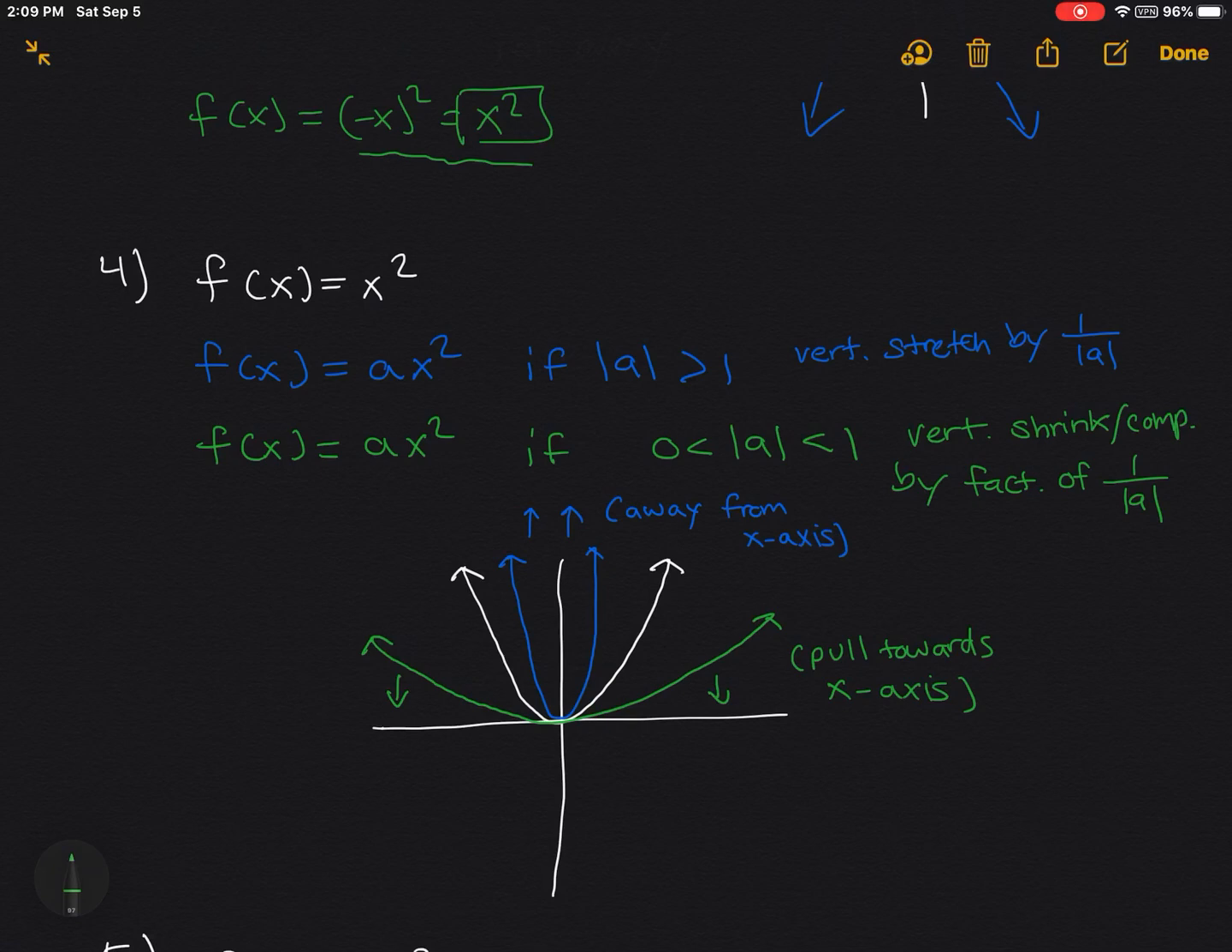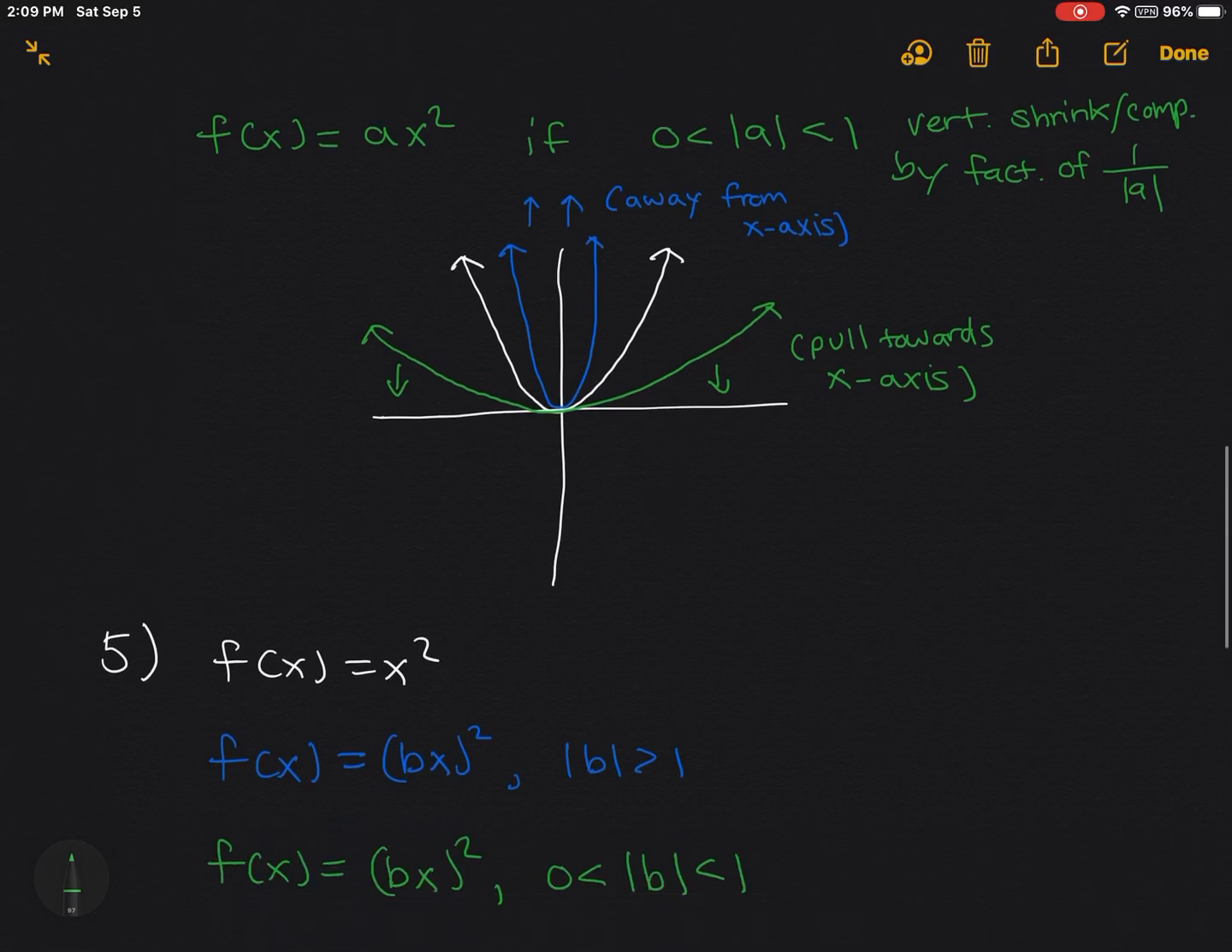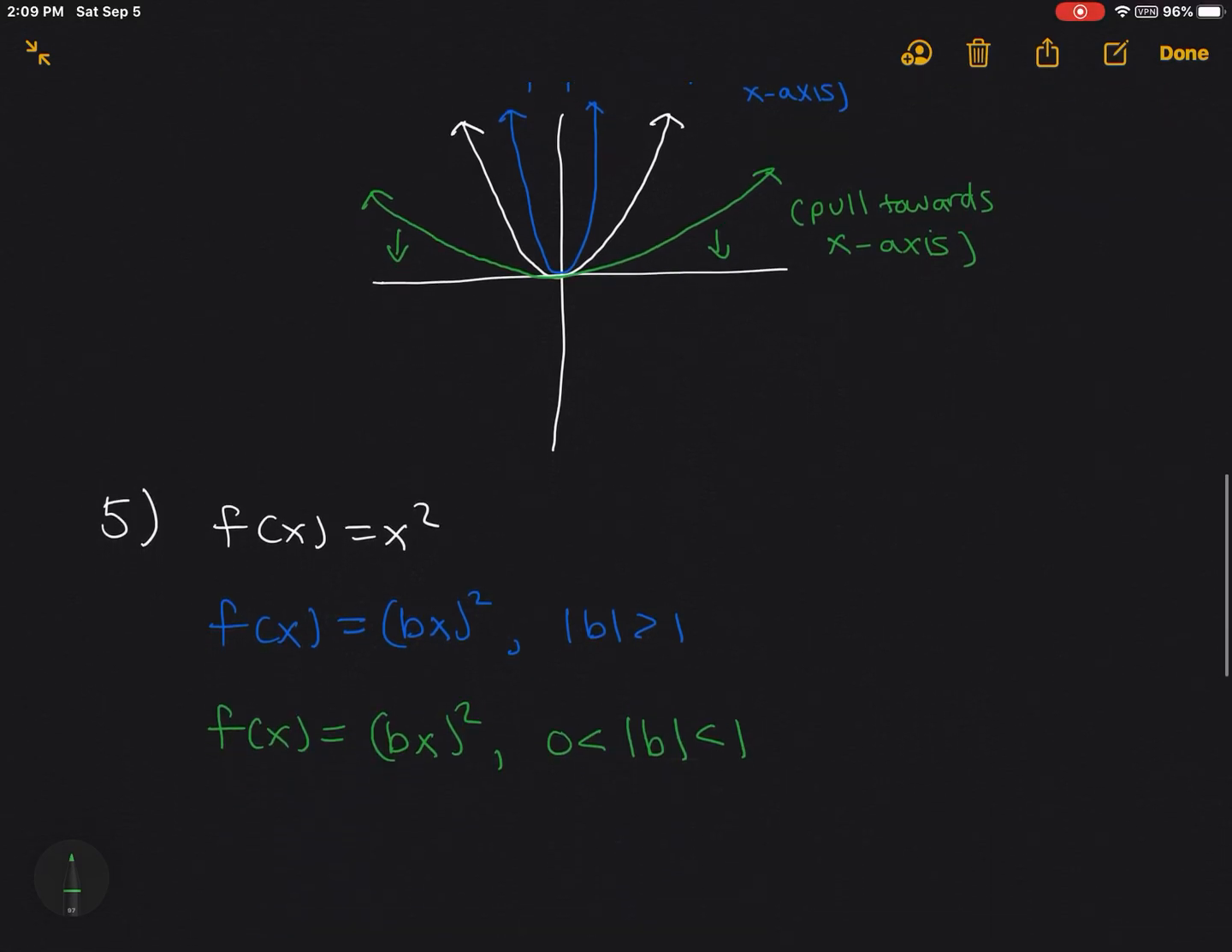So one graph becomes wider, the other one becomes narrower. That's what it means to vertically stretch. Pull away from the x-axis. Vertically shrink or compress means to pull towards the x-axis, okay? And hopefully that makes more sense visually now. All right, so